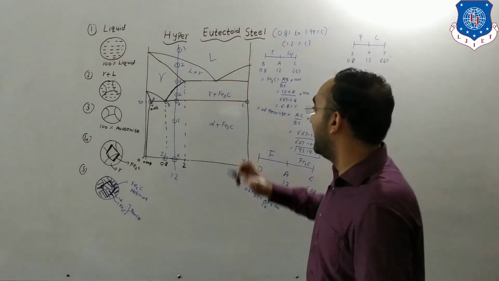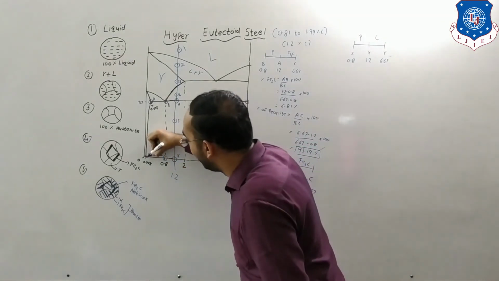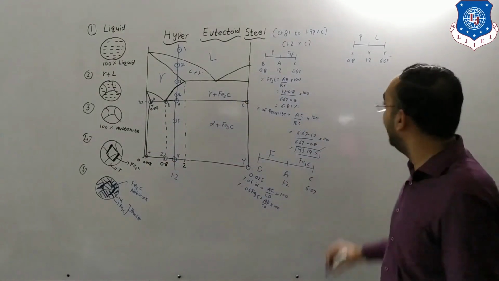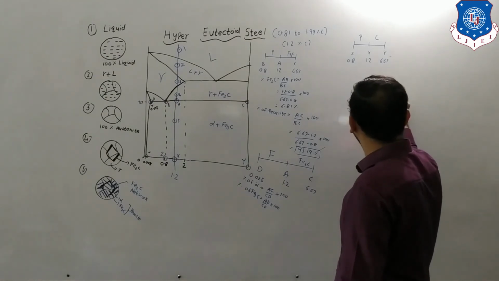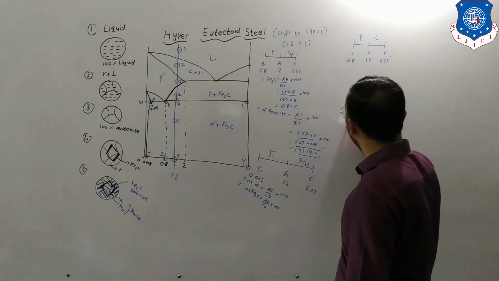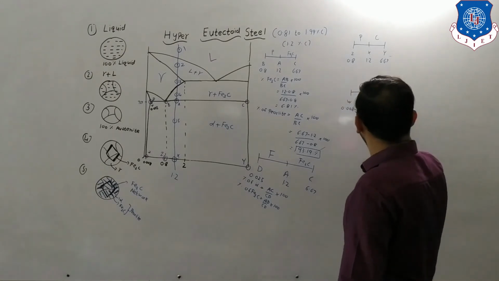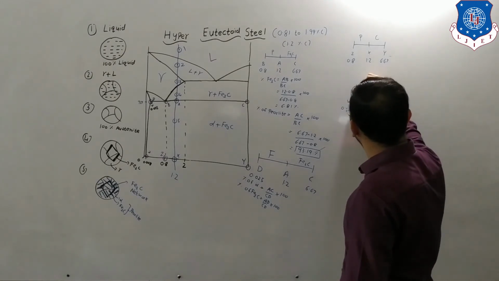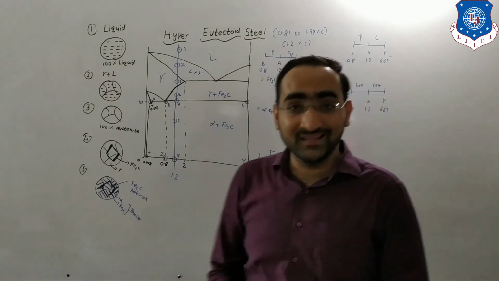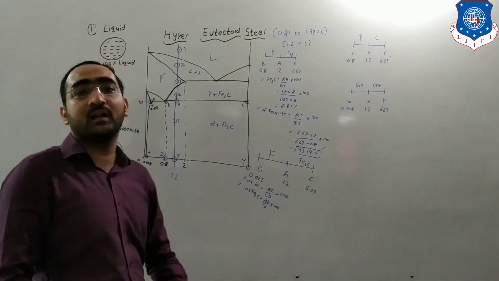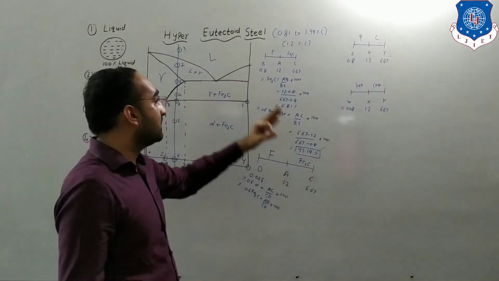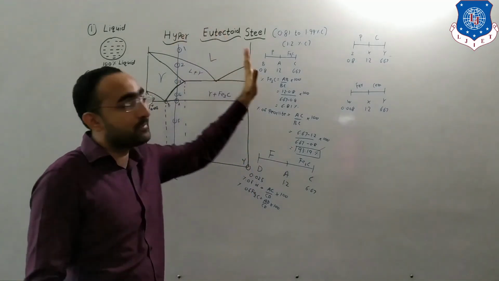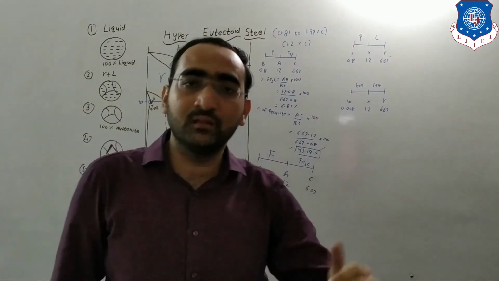But still, there will be a change at room temperature when we want to find the ferrite. So for ferrite and cementite, it will occur as 0.008, X will be 1.2, 6.67. This is ferrite, this is cementite. This is how you can get the information regarding ferrite, cementite and pearlite. These three compositions you can find with the help of this hyper-eutectoid steel by using the lever rule.